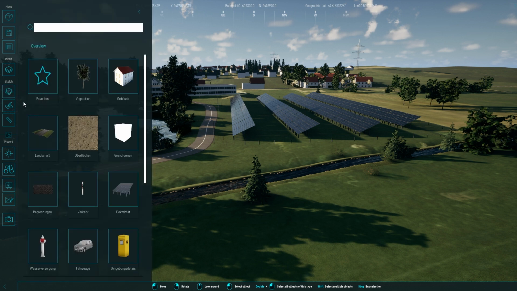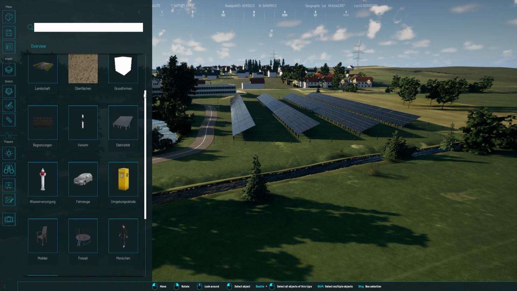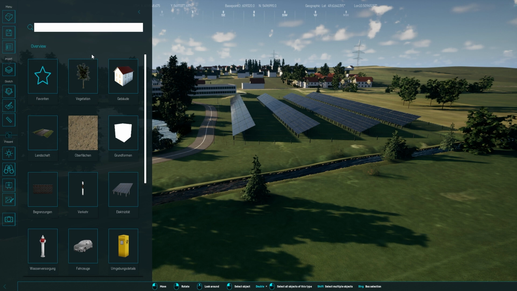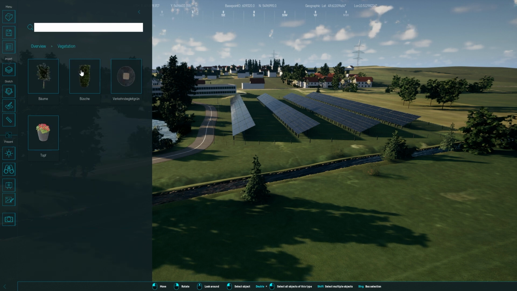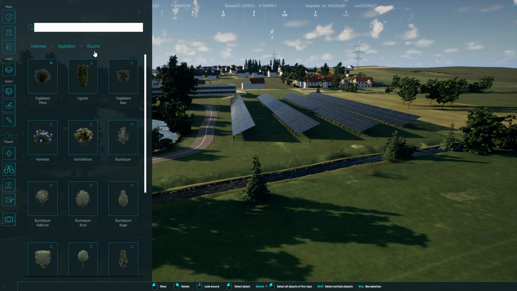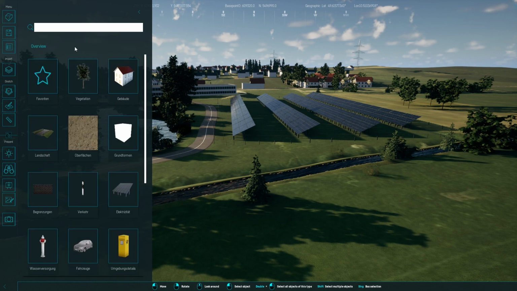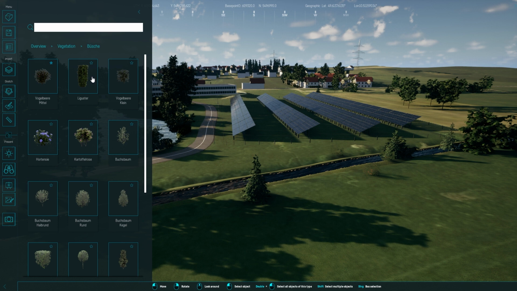We begin in the Content Browser overview, which contains various folders. Scroll down using your mouse wheel or by dragging the sidebar. Open any folder and select an object by clicking on it. Your current folder layer is displayed at the top. Navigate back by clicking its name. You can freely choose the layer you want to go back to.